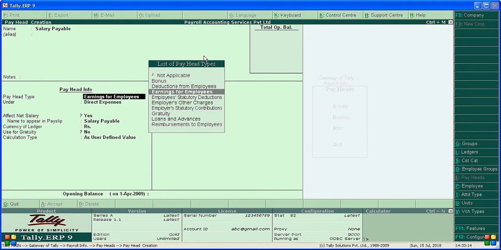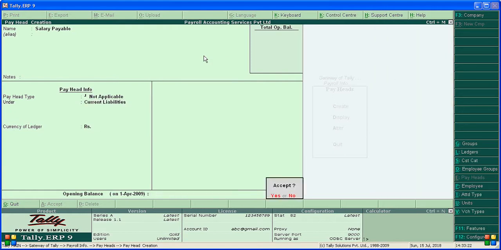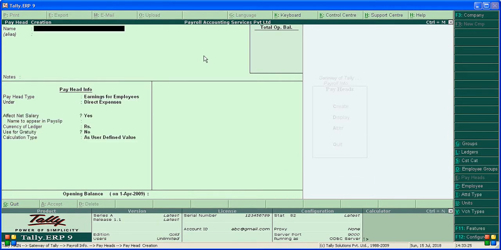Under payhead type, create not applicable, select not applicable. Here take current liability. Rupees is a simple format. Payhead creation we have created. Now